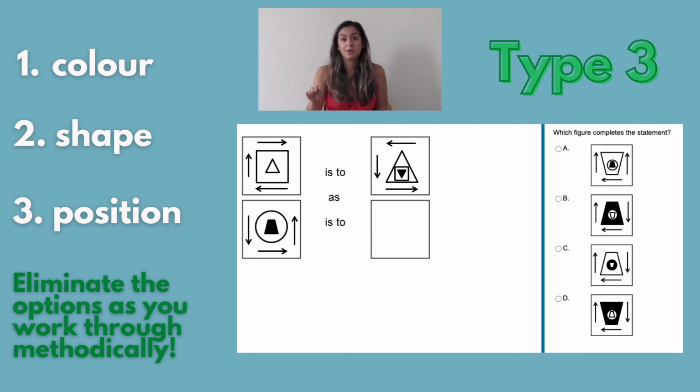On the UCAT website, there's a function to cross it out when you want to, and then you can cross it back in if you need to. But that's always really useful, and I always recommend doing that because it means that you're not distracted by that answer if you are certain it's wrong.